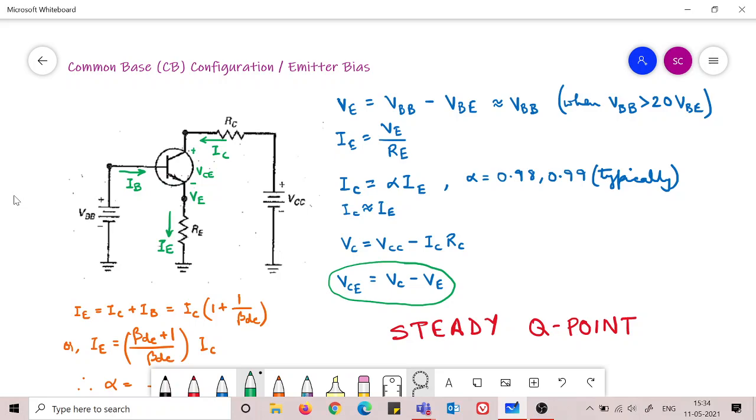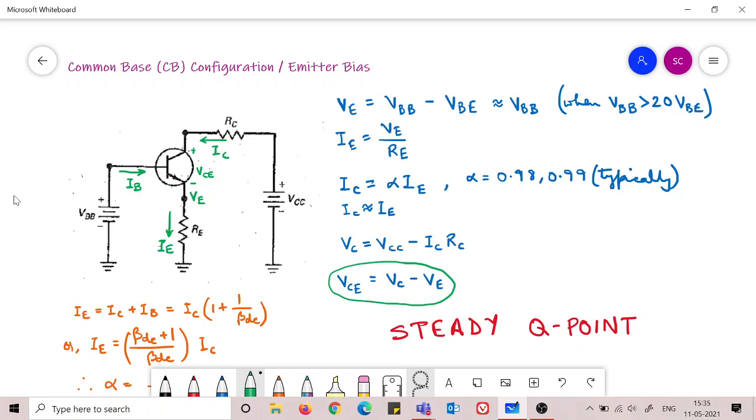The VC to ground we measure, VE to ground we measure with the voltmeter or the multimeter, and then we subtract these two and get VCE. We never put the two leads of the multimeter on the collector and emitter terminals. We don't do that. It may damage the transistor if we directly apply the multimeter leads to the collector and the emitter terminals. It can damage the transistor, and then you will wonder why the transistor is not working.